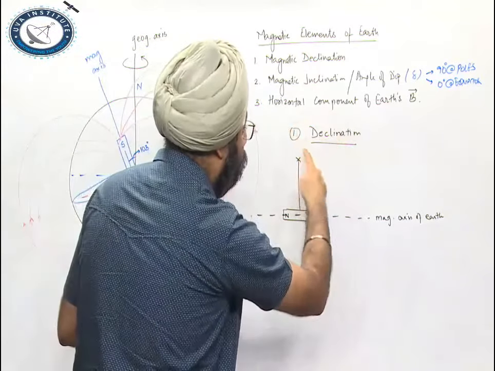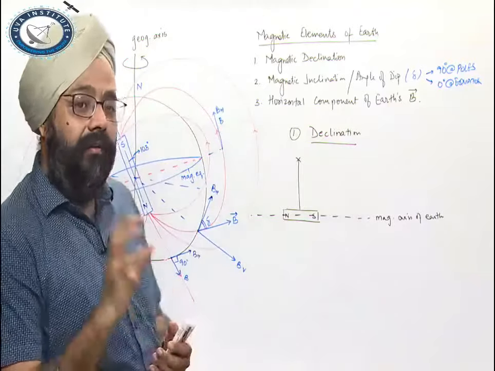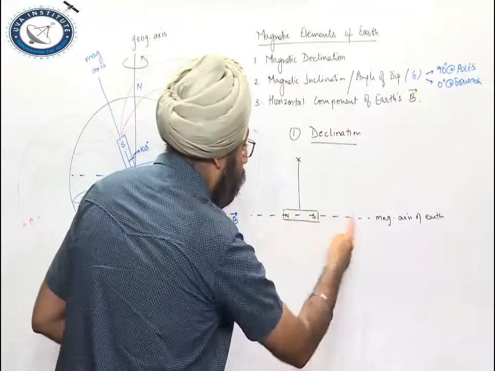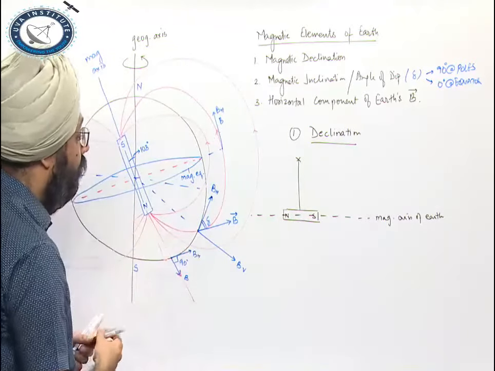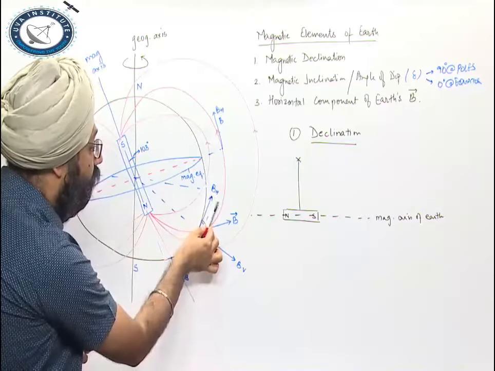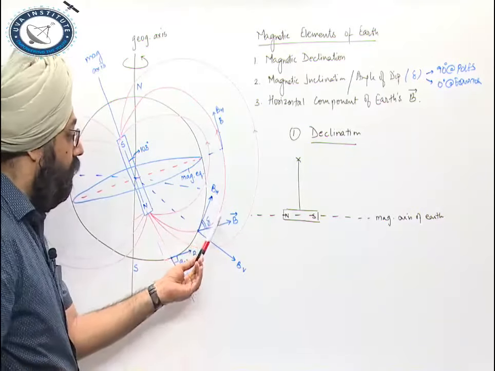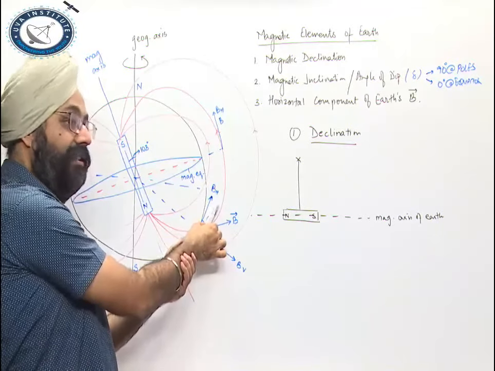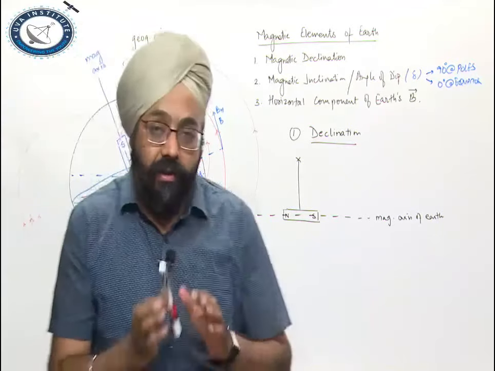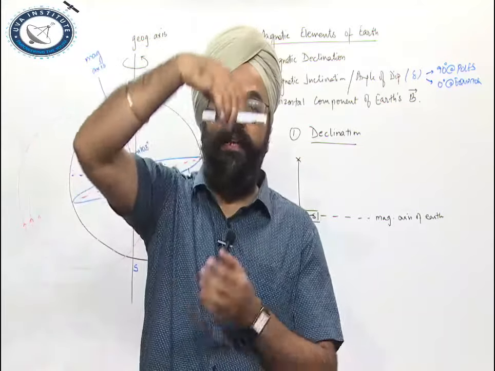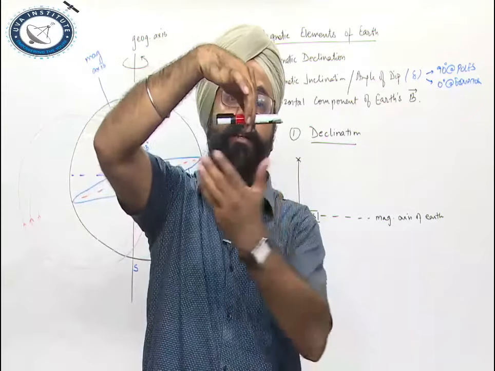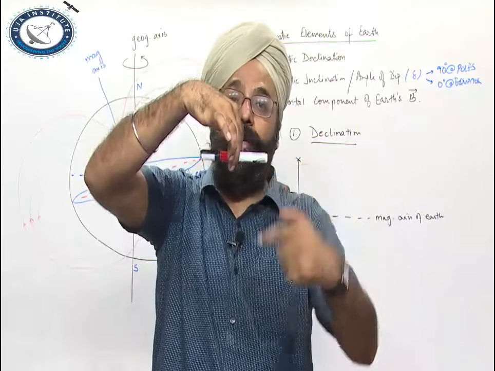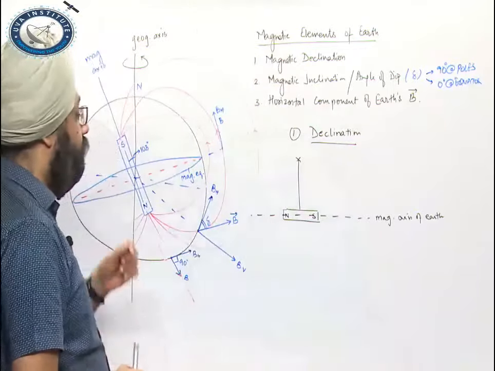Now let's talk about the declination part. We can see the magnetic axis of Earth, that is, the horizontal component. If a magnet is placed over here, it will be in this direction. It will be hanging parallel to this BH. So let us say I have suspended a magnet over here and it is hanging like this. So this axis is my horizontal axis, the horizontal component of Earth's magnetic field, in the direction in which it is suspended.